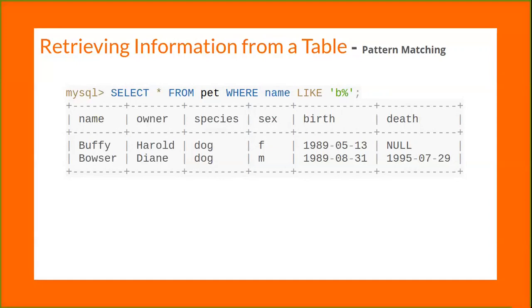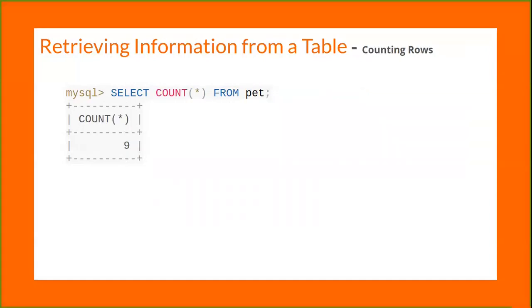Next, you can count rows. Databases are often needed to answer the question, how often does a certain type of data occur in a table? For example, you might want to know how many pets you have or how many pets each owner has. Counting the total number of animals you have is the same question as how many rows are in the pet table, because there is one record per pet. So COUNT(*) counts the number of rows. The query to count your animals looks like this: SELECT COUNT(*) FROM table_name.